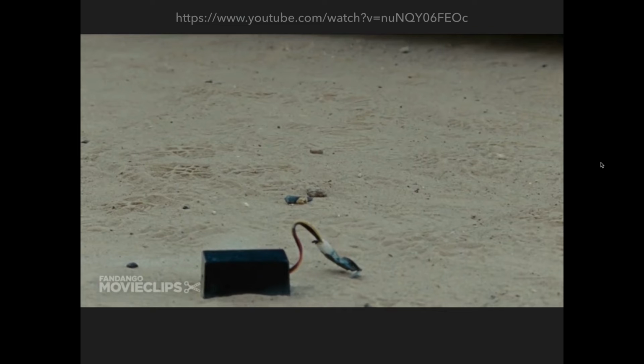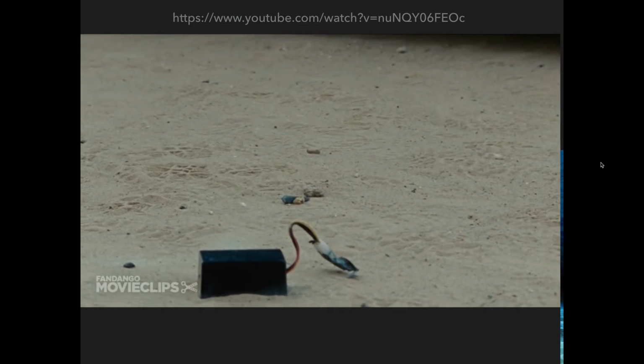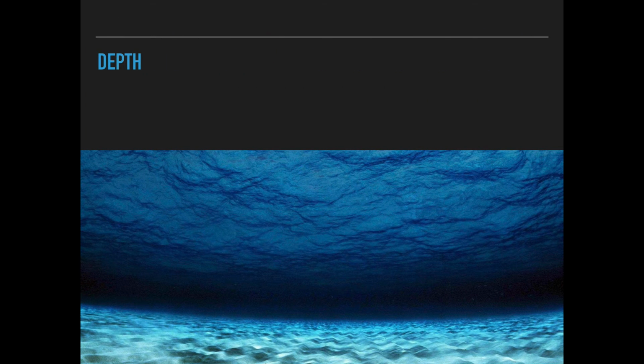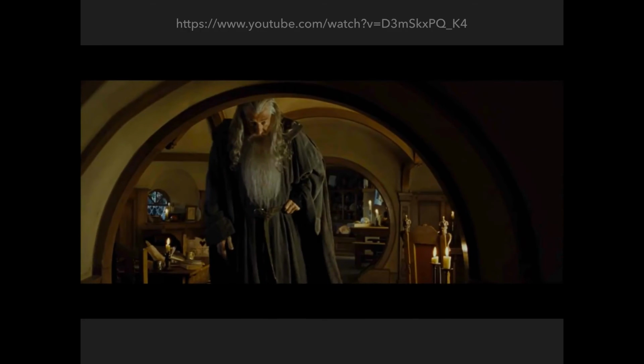All right, the next element of the perception of sound is depth. What is the perceived closeness of a sound, and how is it rooted in reality or not? Usually not, because otherwise we'd be dealing with proximity. I've got a great, really quick example from Lord of the Rings, when we first get a glimpse of the Ring of Power. Let's take a look and just think: does this ring sound like it's closer or larger than life, or does it sound like what a ring would sound like?